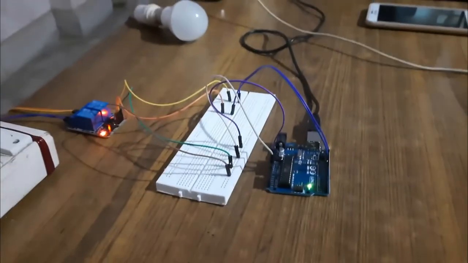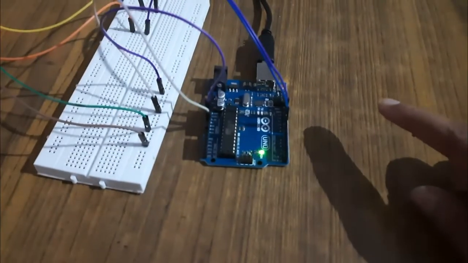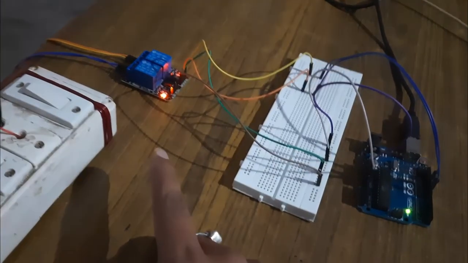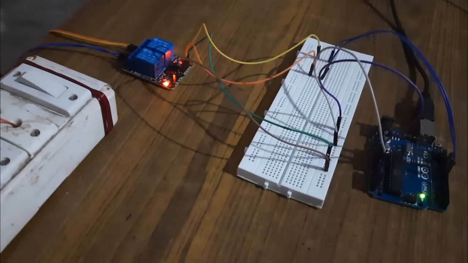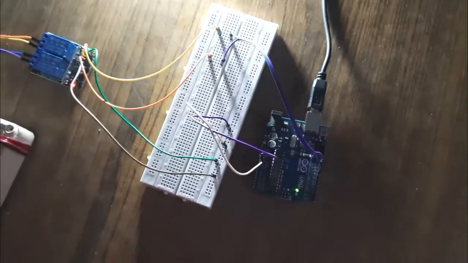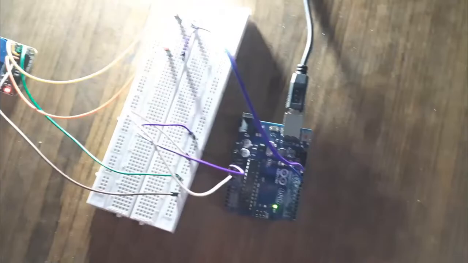Okay, hello everyone. I am Chirag Ghosh and I am going to explain the hardware part of the project of Team 19. As you can see, a USB wire is coming from my laptop to the Arduino Uno board present here. From here, some wires have been connected to the breadboard, which have been connected to the relay module. Okay, there is less light, so let us switch on the light of our own project. Now you can clearly see the hardware present.